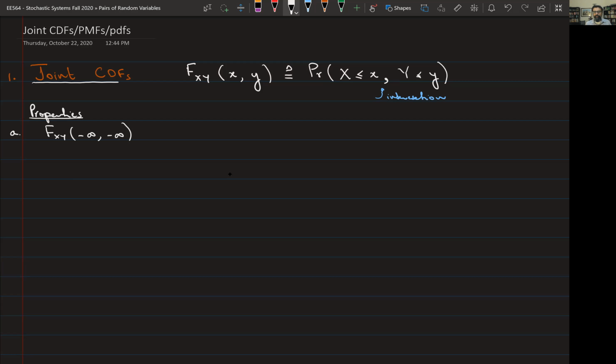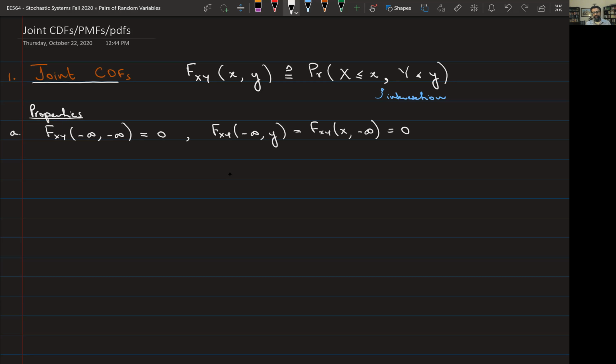If you're using the chat box, just make sure you send a message to everyone, not to me privately, okay? So that everybody can benefit, right? So this is indeed 0, right? And actually, if I just define it at minus infinity and any y, and this defined as any small x and at minus infinity, this is also going to turn out to be 0,